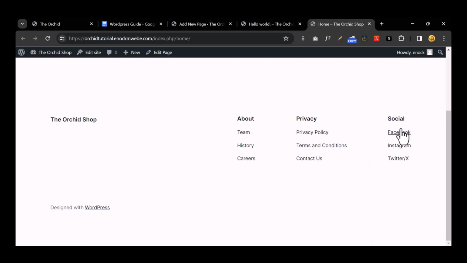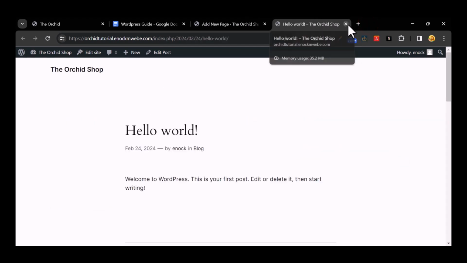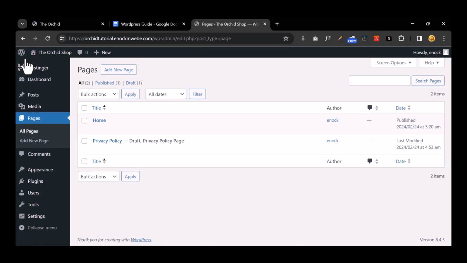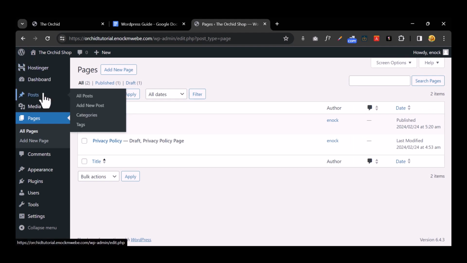WordPress automatically generates this, but I'll show you guys how to develop something better. Okay. So let's close this and close this and click on this WordPress icon right here to take us back to the pages. Okay. Now, in case you have blog posts and someone comments on your blog post,